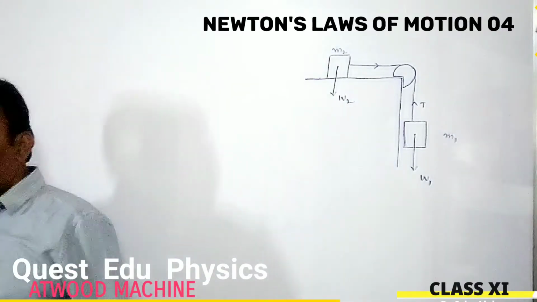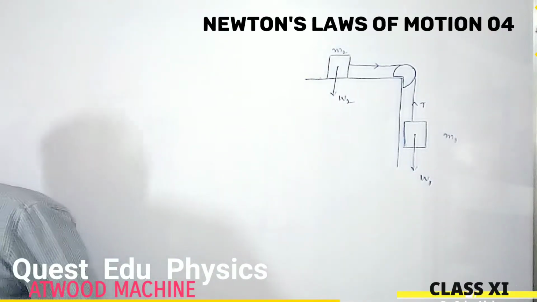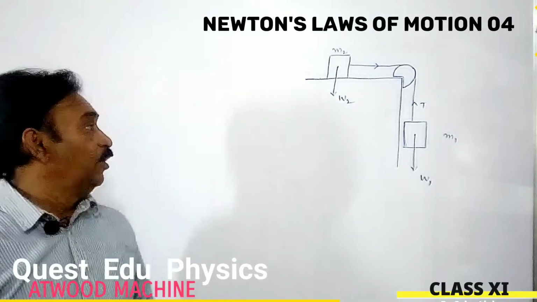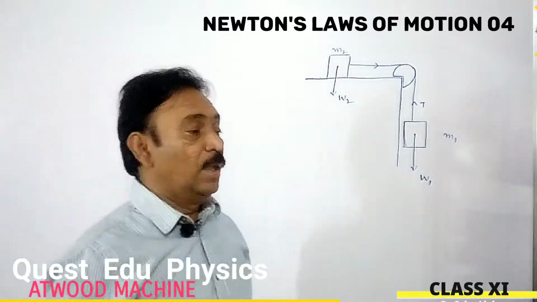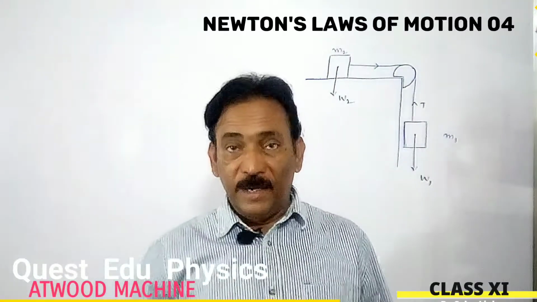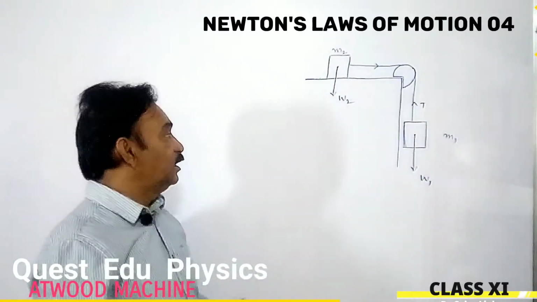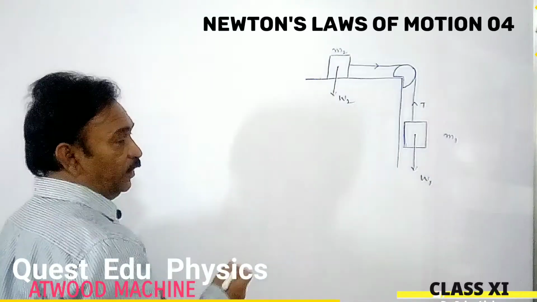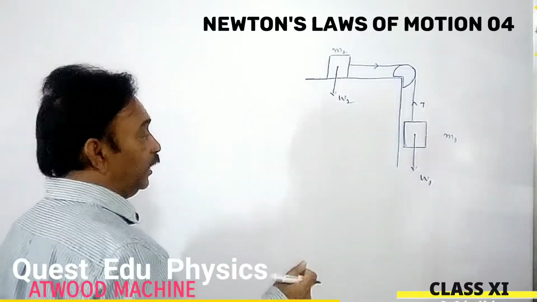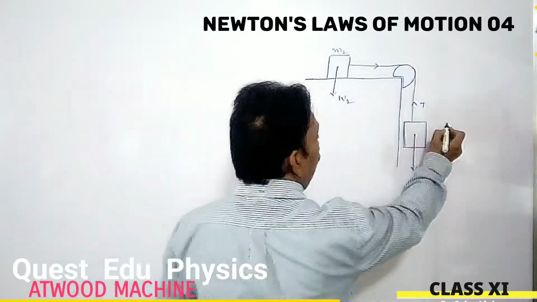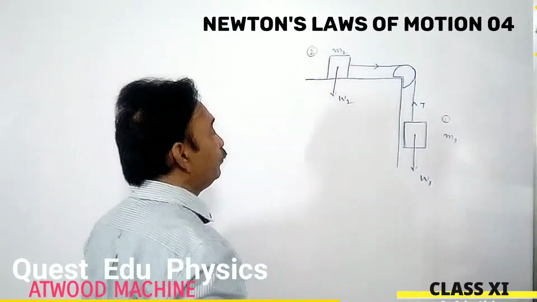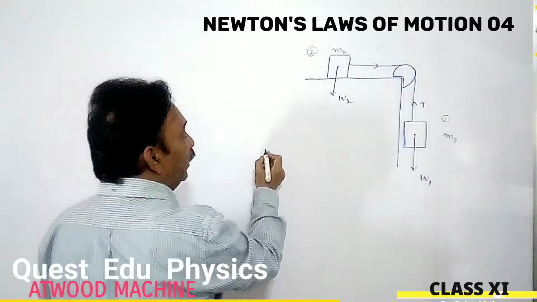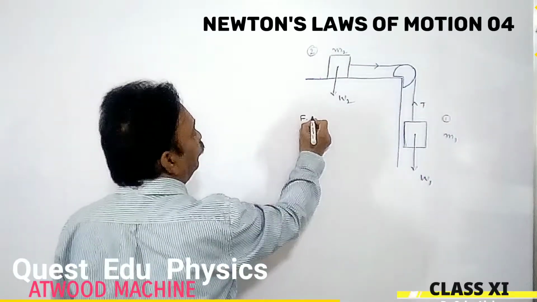Okay, students, we are doing the same what we did before. Means what? We are trying to find the acceleration and as well as the tension in the string. Let's start with the equations. Here it is the body 1 and it's the 2. Okay, we're drawing the free body diagram